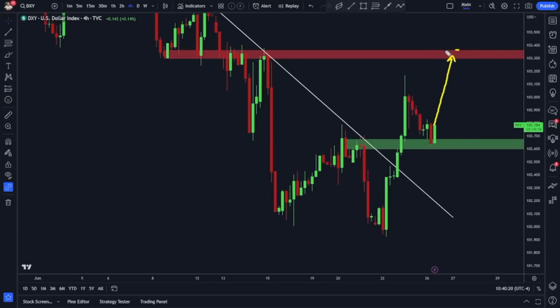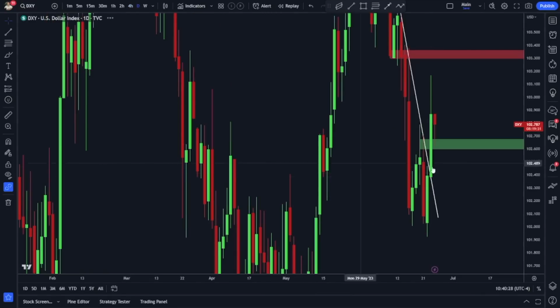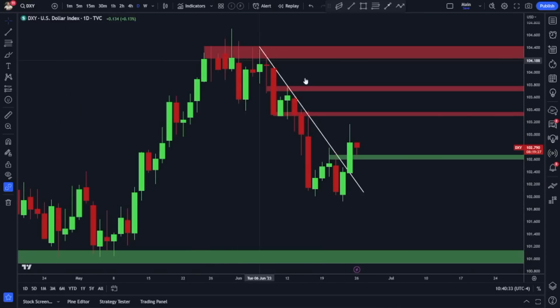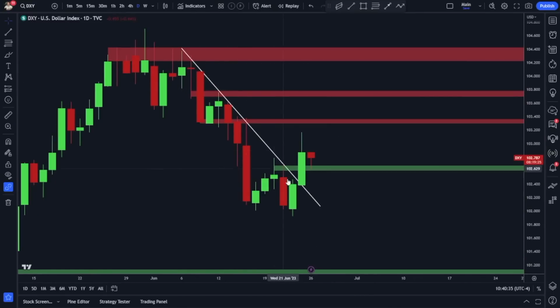Bulls may want to be cautious up in this level as we may start to see sellers take back advantage. On the higher time frames, we're still in a pretty solid downward trend, I would say. So here is your 1-day chart. We saw a rejection around 104.4, been seeing pushes lower. So yes, we may be due for a deeper retracement.